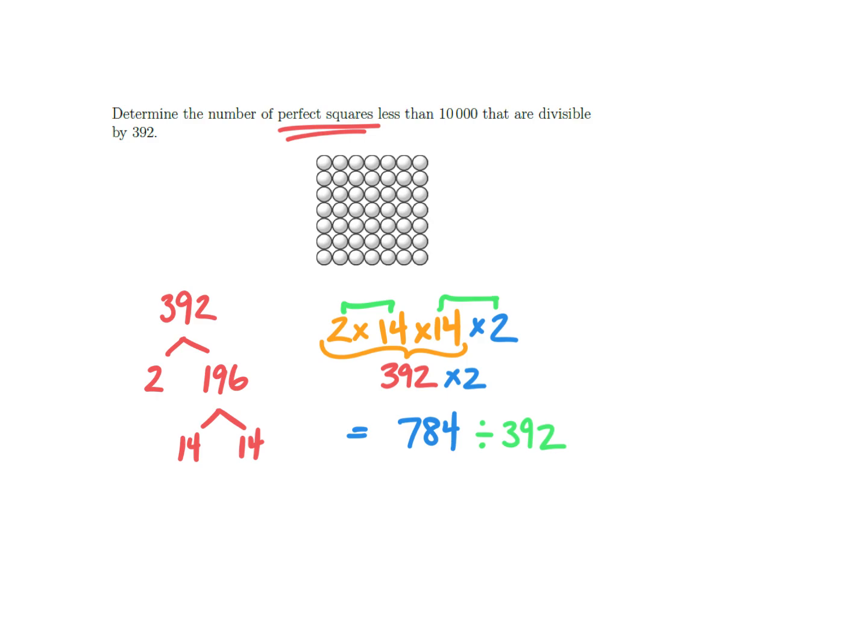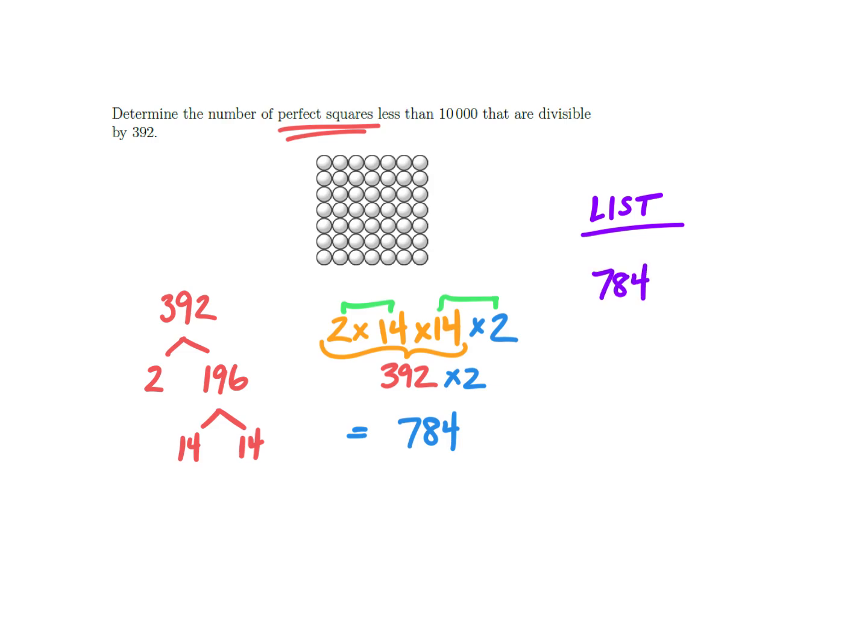Okay, why did I do that? Well, I'm going to get rid of some of my extra little notation there. It's because what I could do now is build, hey, how many numbers could I create that were perfect squares? So maybe what I do is build a list. I'm going to hop up on that right corner and build a list. Right now, I'm going to take that 784